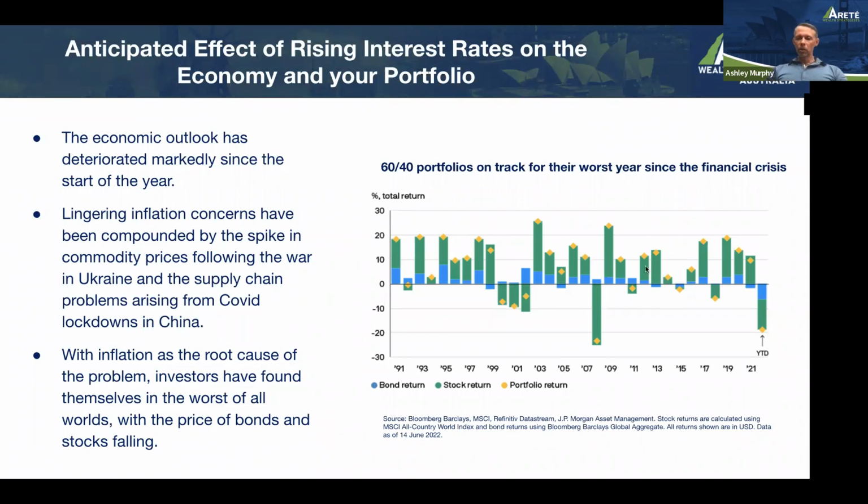So the chart here is showing what a 60-40, that's stocks to bonds, has done year to date, and sadly it's down about 20%. So we're seeing the S&P down about the same amount as a 60-40 portfolio, and that's because really bonds, which typically act as that ballast, the ballast meaning they're providing that corrective influence in a portfolio, right now they're not. They're adding to what's already a sorry story. So the situation has deteriorated markedly.